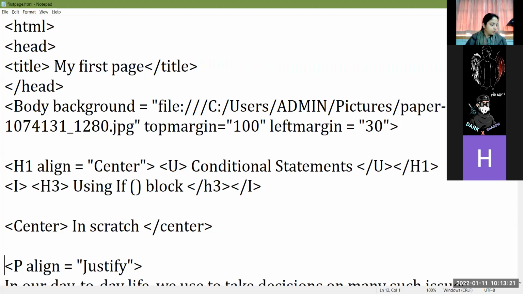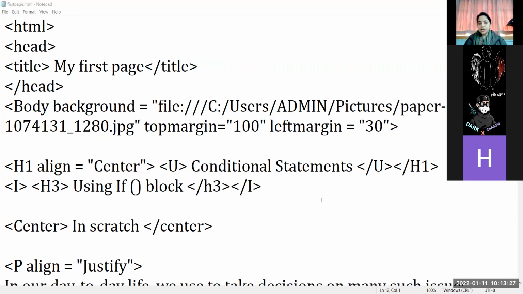Whatever coding we have done and whatever tags we used today, you will practice those tags at home. You do not need any special kind of software. In your books, if some pages are given, you can write the code for those web pages. Like on page number 119, there is code for a page: there is an artist within each person and everybody has the capacity to find creative genius in themselves.